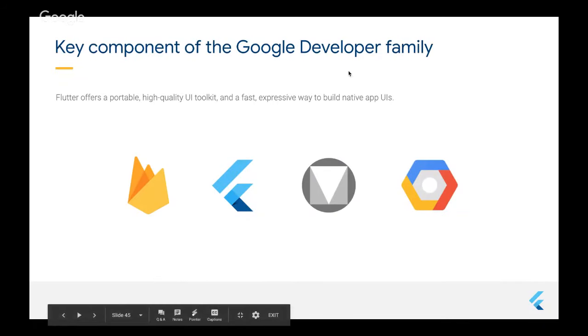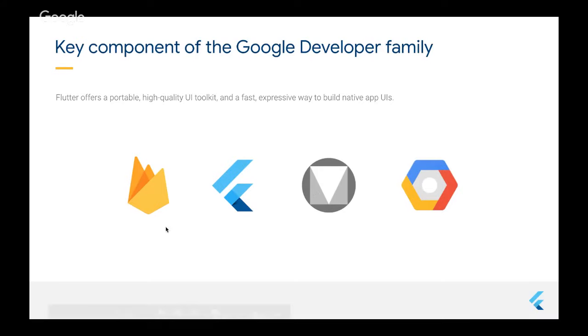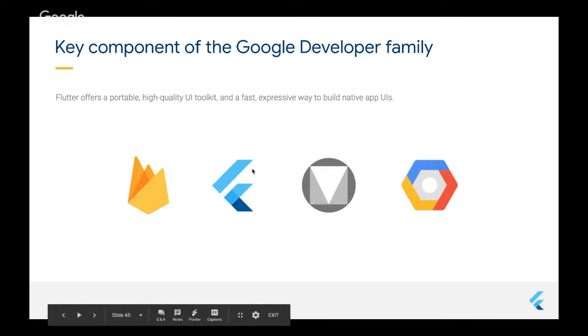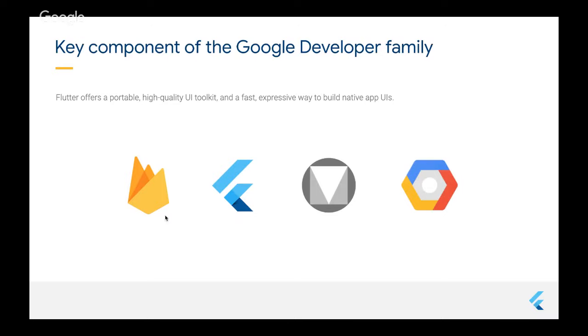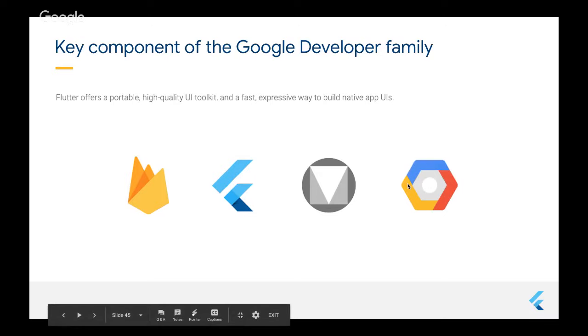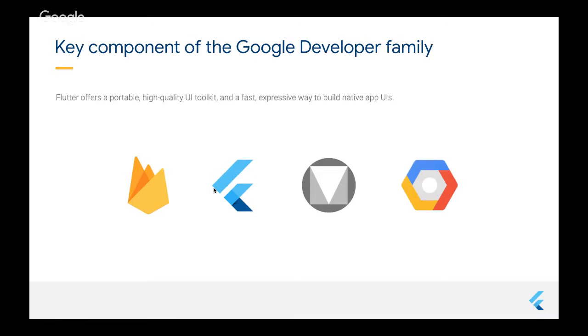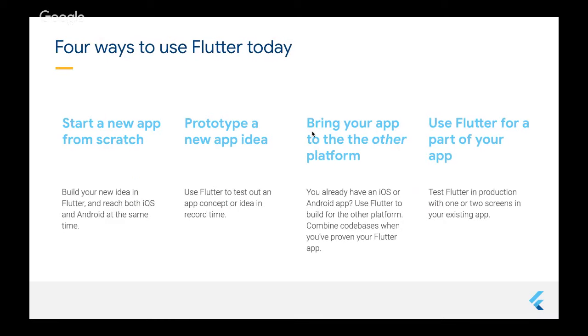Flutter is part of the Google family. What does this mean? It means compatibility between Flutter and other Google technology. Flutter has first-class support in Material Design, and also compatibility between Flutter and Firebase. There is great communication and great compatibility between Flutter and Firebase, and also Google Cloud, because Flutter is part of the Google family.